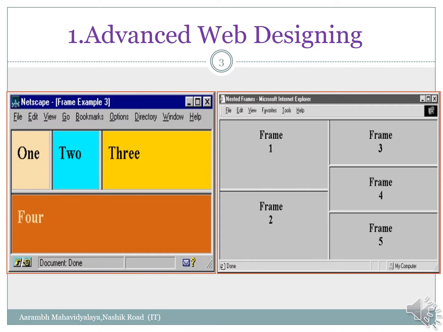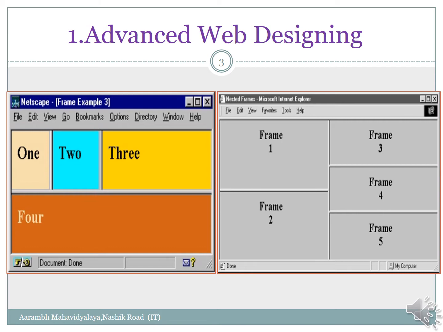See one more example. Here two screenshots are given. In the first screenshot, our window is divided into two horizontal sections. Then the first horizontal section is distributed into three vertical sections.